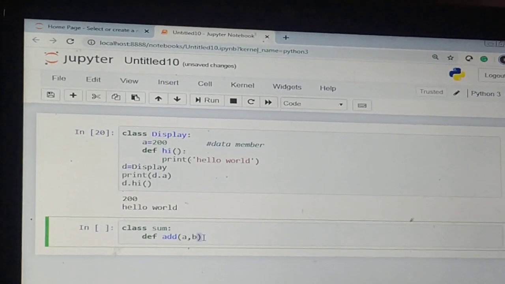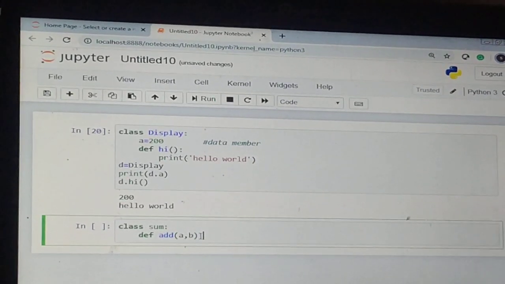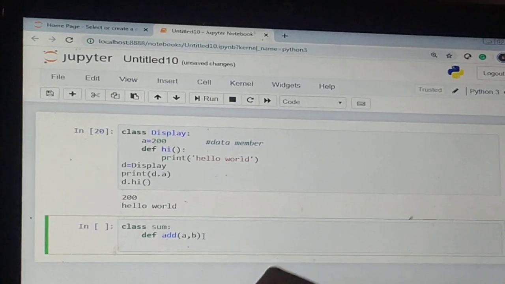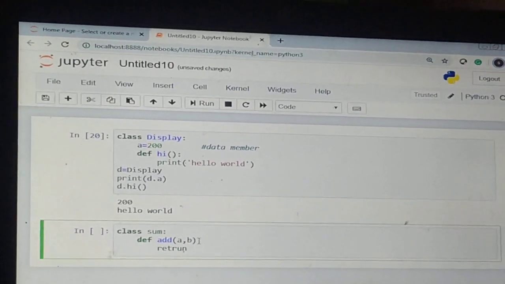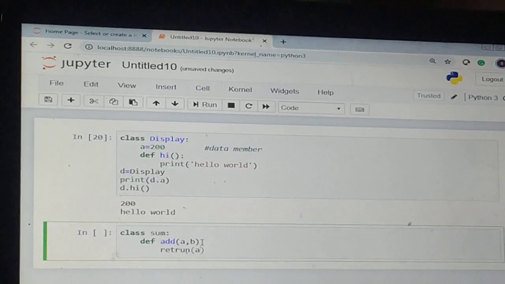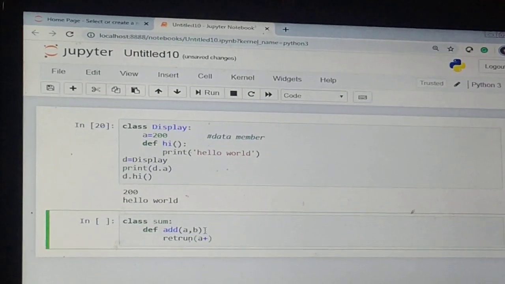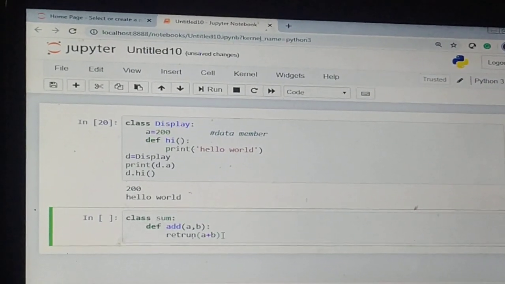So I have used a parameterized function here. I have written return a plus b.